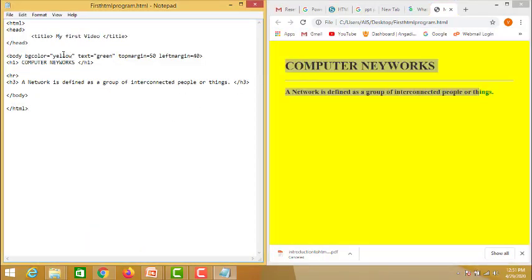The next we have the background color is yellow. See here, we have written the code for yellow and the background color is fully yellow.